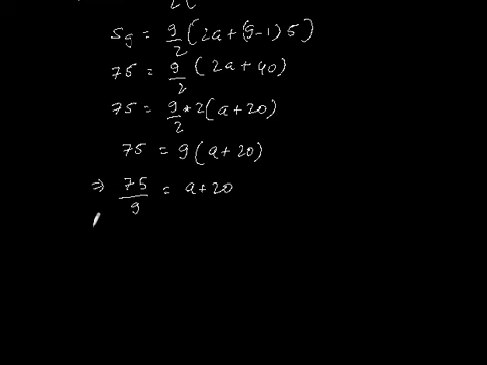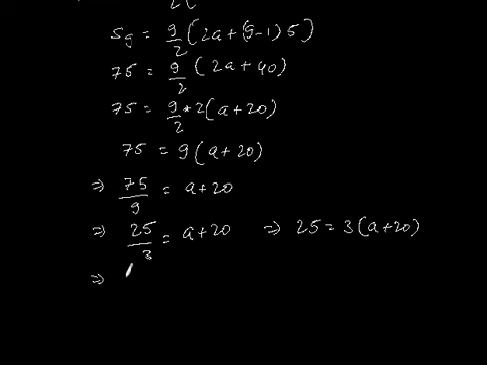This will give 25 by 3 is equal to a plus 20, which implies 25 is equal to 3 into a plus 20, which gives 25 is equal to 3a